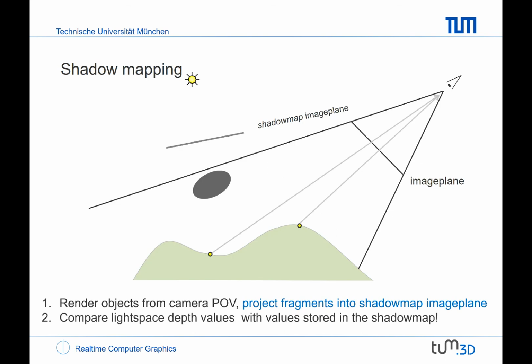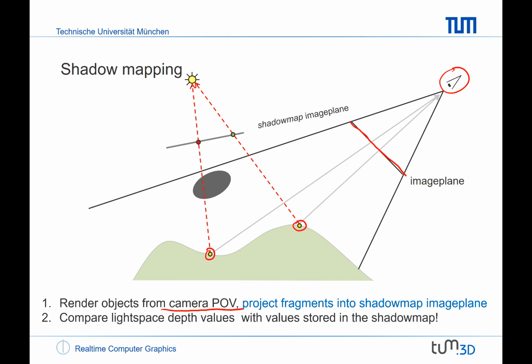This is then done in the second rendering pass, which we see here. So we render the objects now from the camera point of view. Here's the camera position. We now render in the classical view. Again, we have our image plane here. We render the scene now by projecting all the fragments into that image plane with the camera position as the center of projection. And now, in addition to rendering the fragments, what we do is we test for every fragment